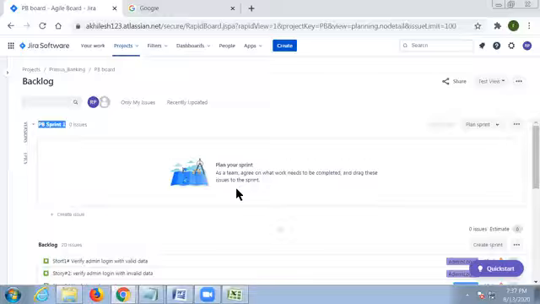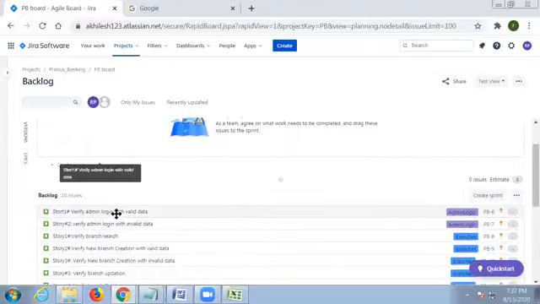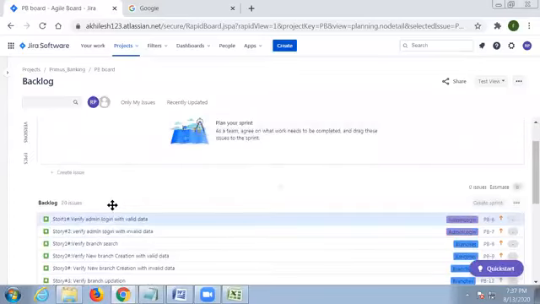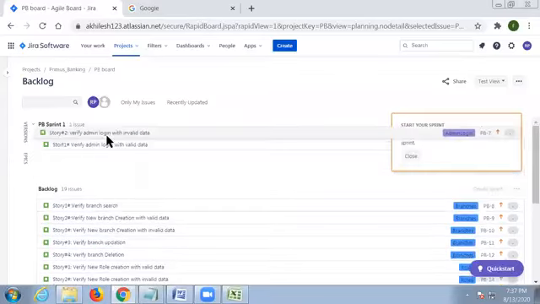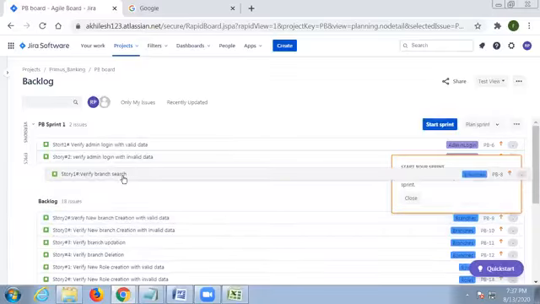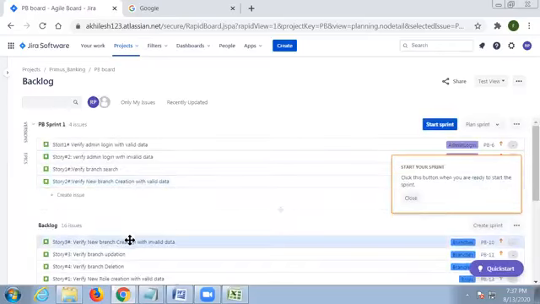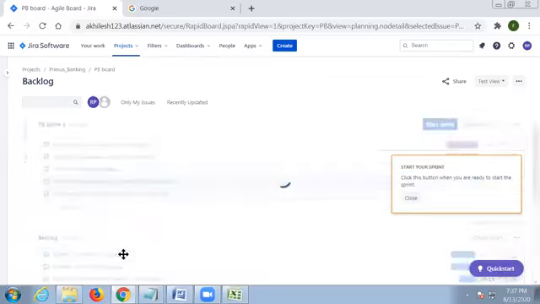Do you have any stories here? As a team, agree on what work needs to be completed and drag these issues to the sprint. These are the issues we have. Now he'll decide what stories we need to work on for that sprint. So you can drag whatever stories you want to work on. You can drag one by one, all at a time is not possible. In real time they'll add five or three stories for one sprint, but I'm adding all of them. It's up to you. In real time they'll decide, they know